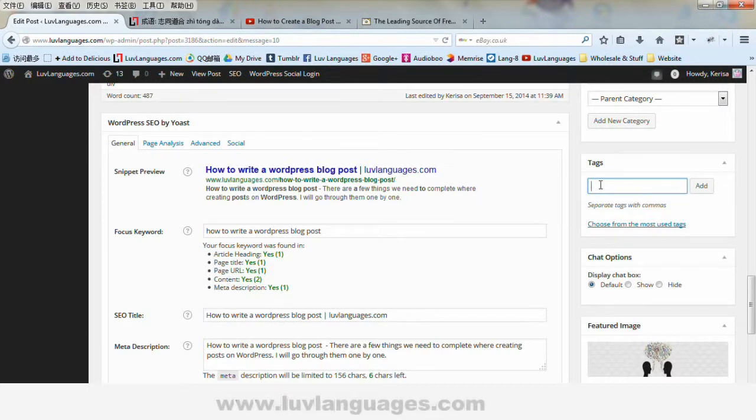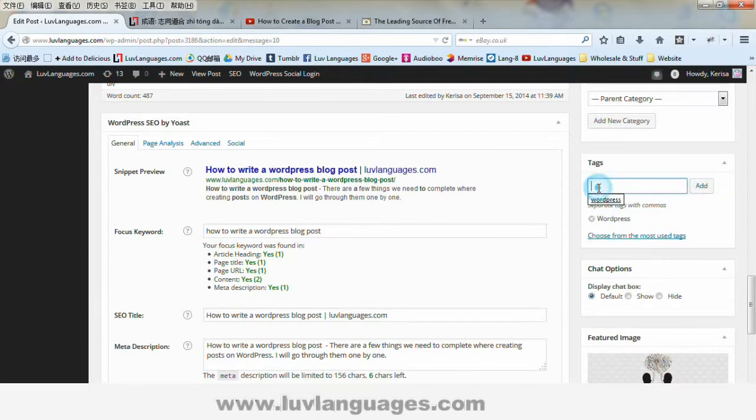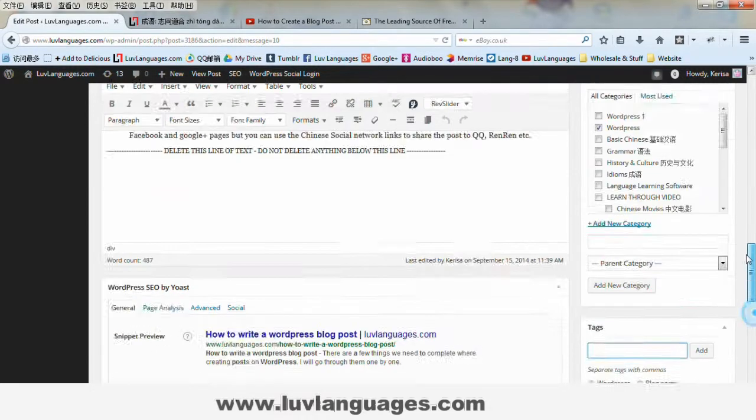Within a post, we would want to keep it to a maximum of 3 tags. So my first tag is going to be WordPress. My second tag is going to be blog posts. And then my third tag is going to be how to write blog posts. After that,